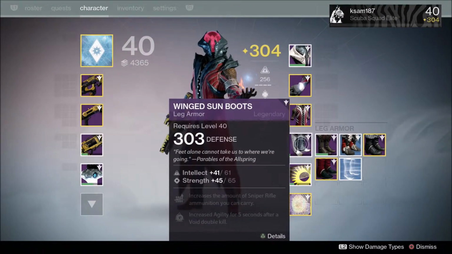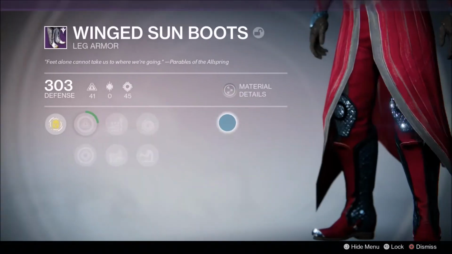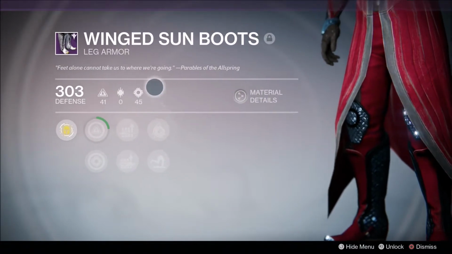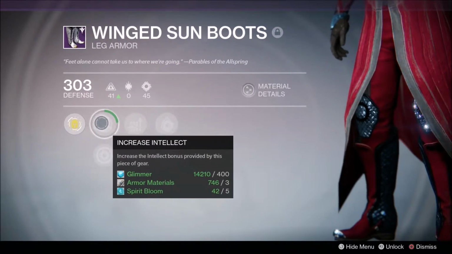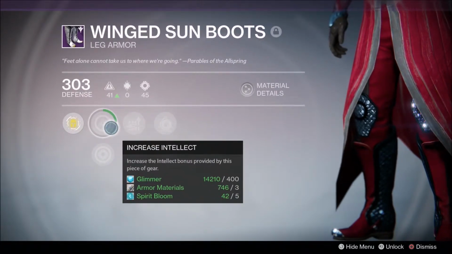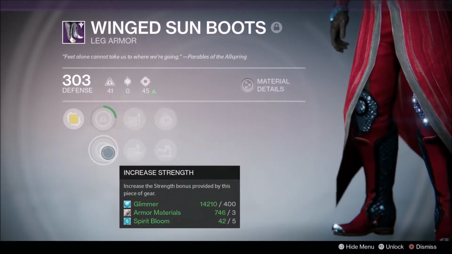Also, I've got the boots on all 3 characters when you get to 5 wins. These ones are actually pretty good. This is for the warlock. So we have got 303 on this one. So we've got increased intellect, increased strength,